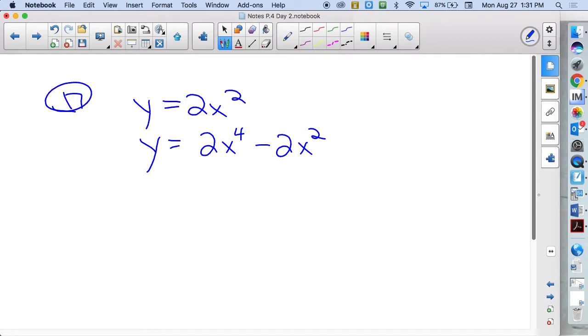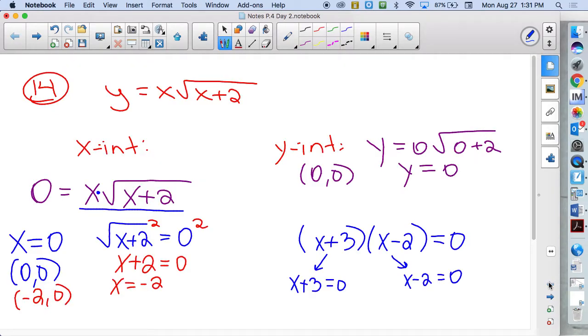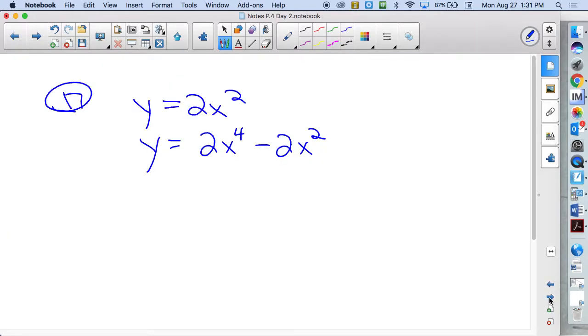Like, this is not considered a basic graph. If it was just the square root of x plus 2, yes. But with that x in front, it's no longer a basic quick graph. So put them in the calculator. If you're not sure if it's a basic graph or not, use the calculator to help. So when you would graph this,